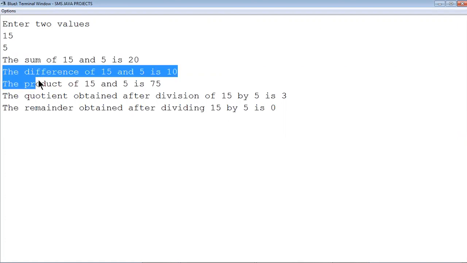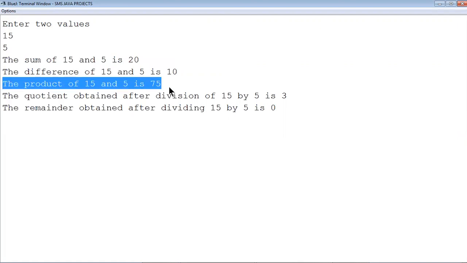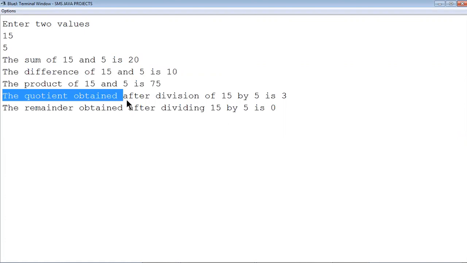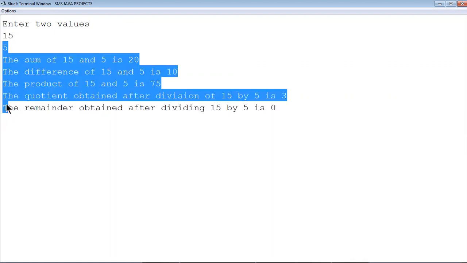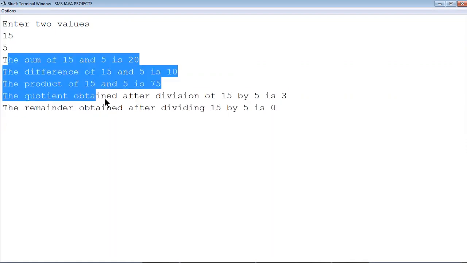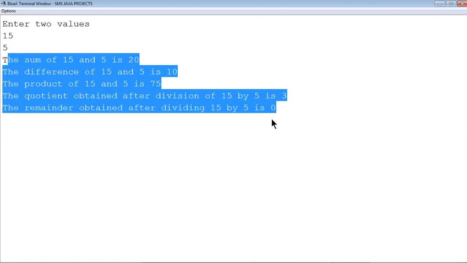The display difference method has displayed this line. The display product method has displayed this line. The display quotient method has displayed this line, and the display remainder method has displayed this line. So these 5 lines are displayed by the 5 methods which we have defined within the class.